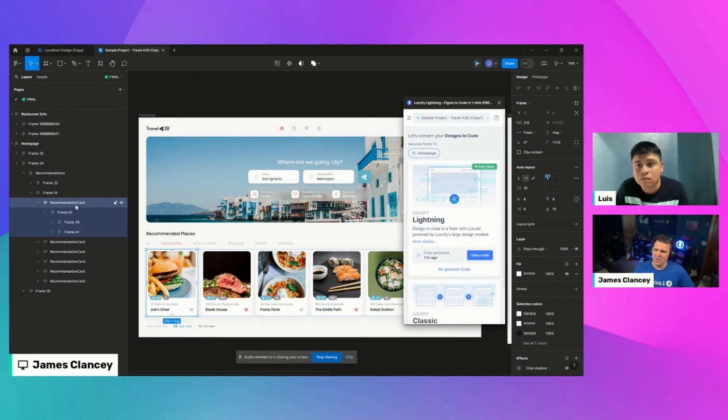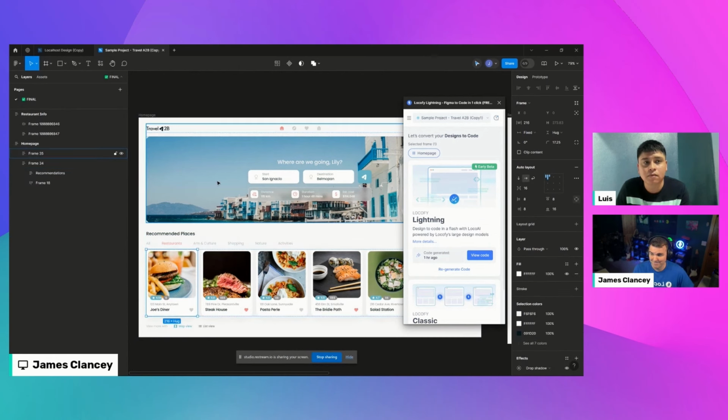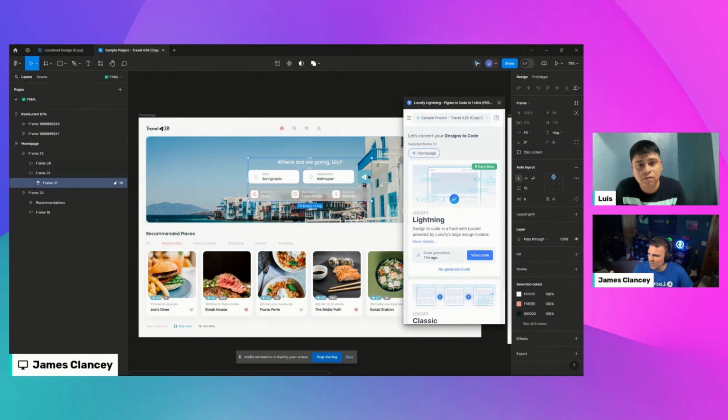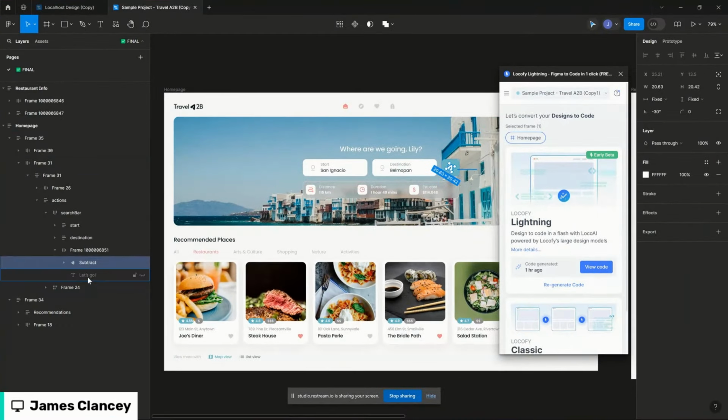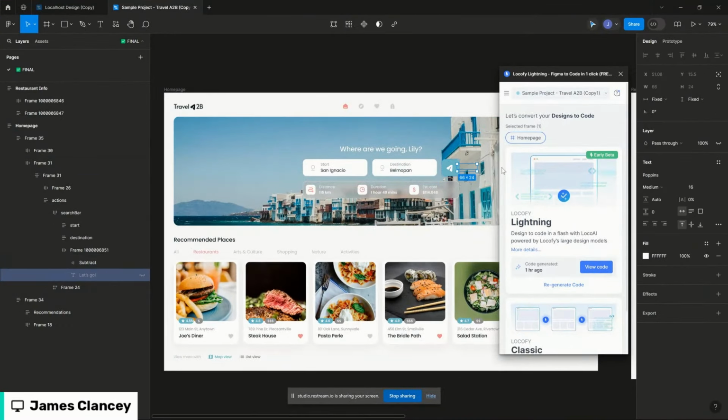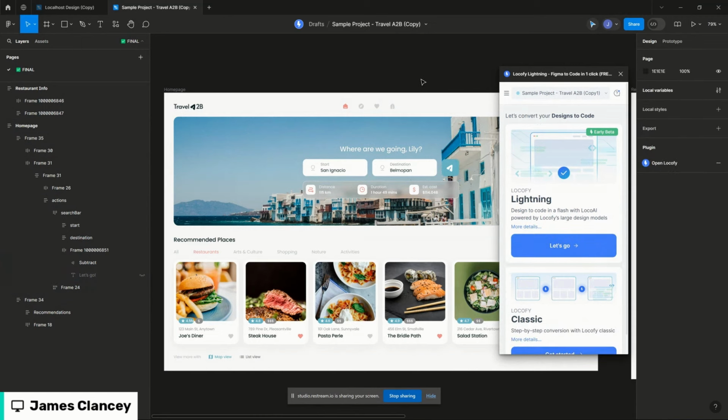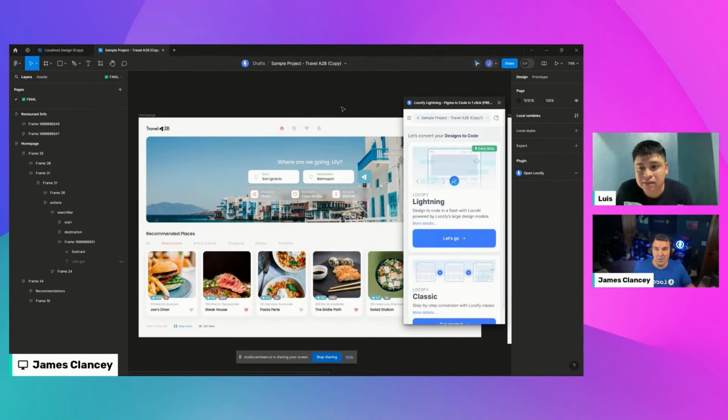I did go through and rename a couple things just to make making components easier for me, but this is designer code. There's no actual buttons here. So that's one of the key things. When a designer builds a button, all they do is create a frame with an icon and some text, right? That's a button. Now, when you're building a web app, that's not a button, right? If you're building a website, you have objects, you have classes that you need to use